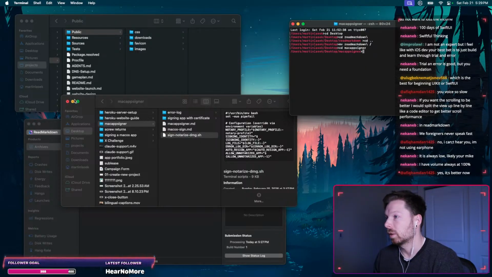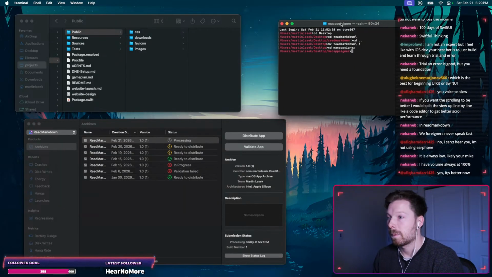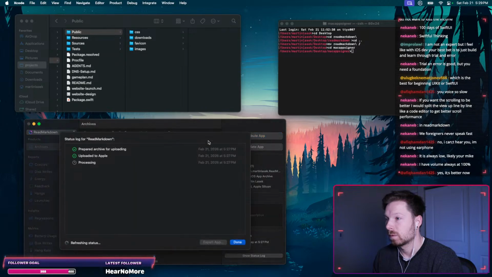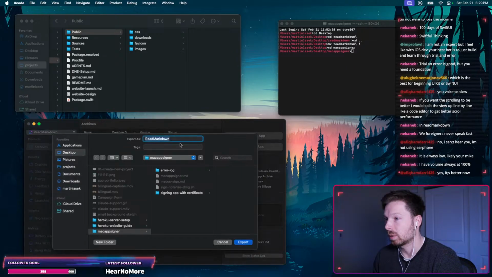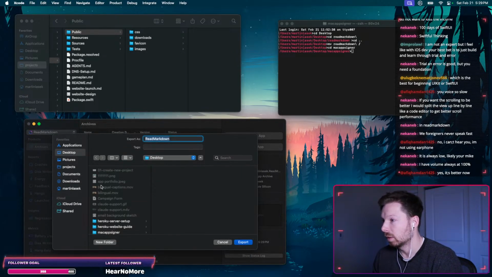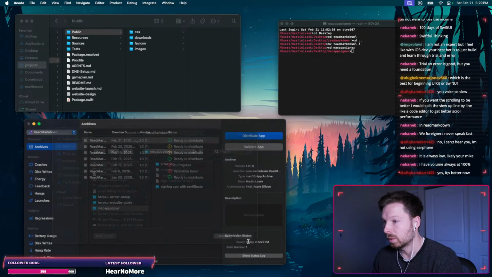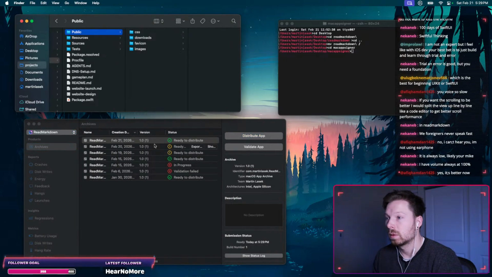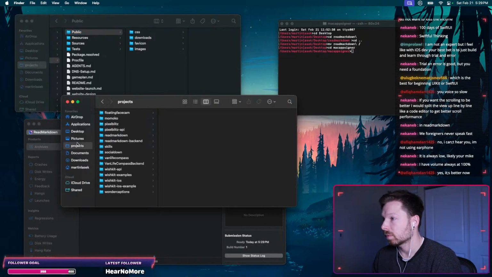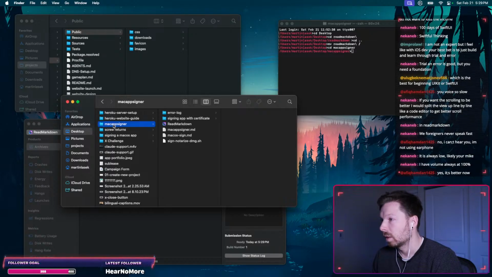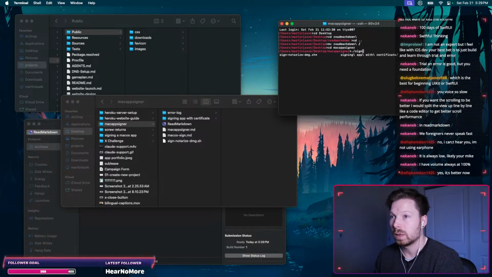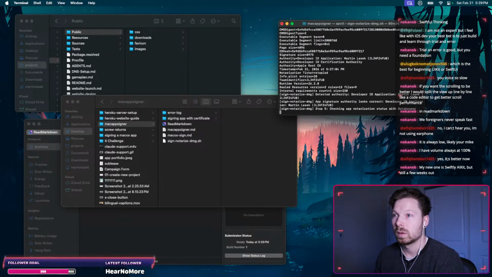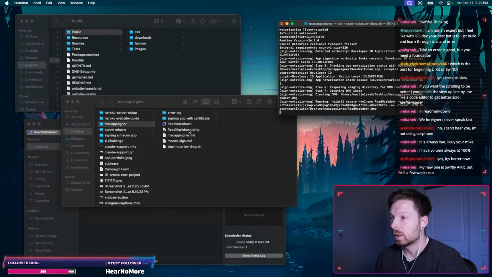Mac App Signer. Processing. See, ready. Export. Desktop. Let's export it into Mac App Signer in here. Now it's there. Now I can just say sign and notarize. Now it's gonna do that to this file and create a DMG, and once it's done,